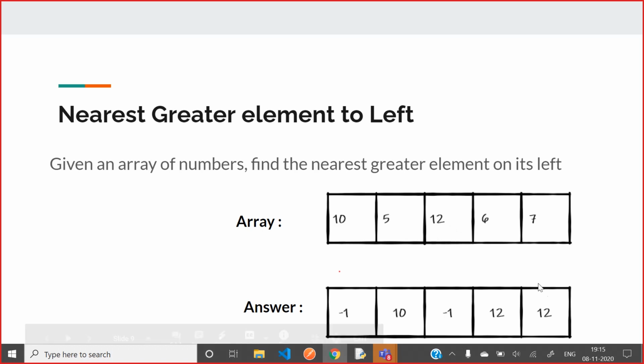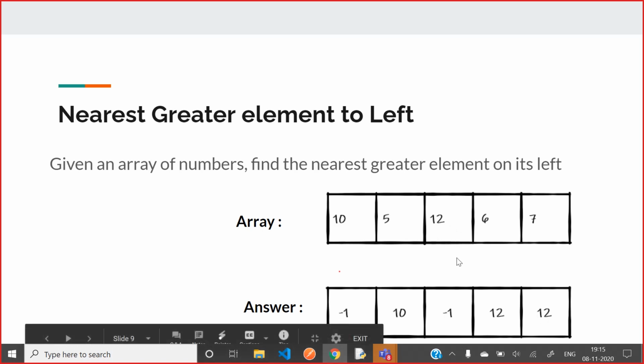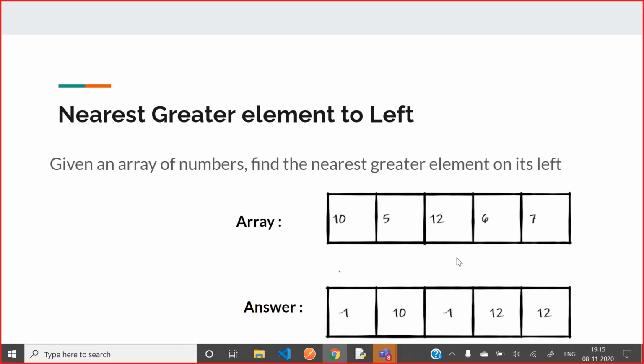6 is less than 7. Then we check for 12. 12 is greater than 7. So we print 12. Now, when you look at this question, the first thought that comes to your mind is